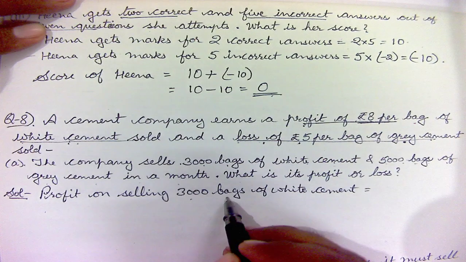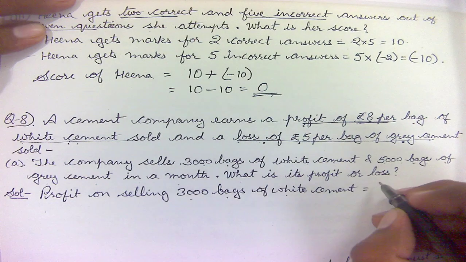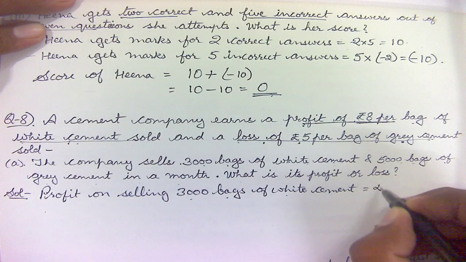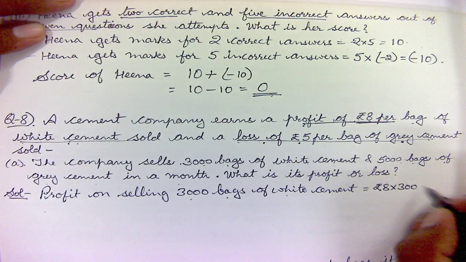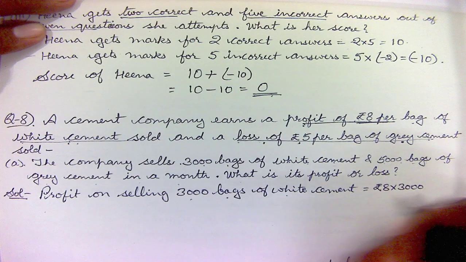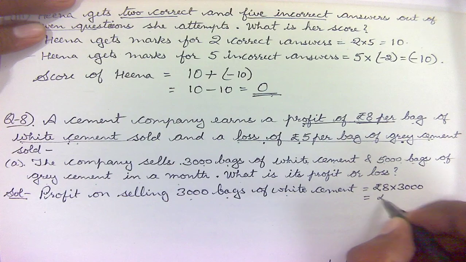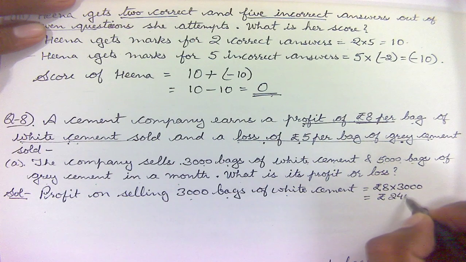So there are 3000 bags of white cement sold, and what is the profit? It will be rupees 8 multiply 3000, and rupees 8 multiply 3000 means it is rupees